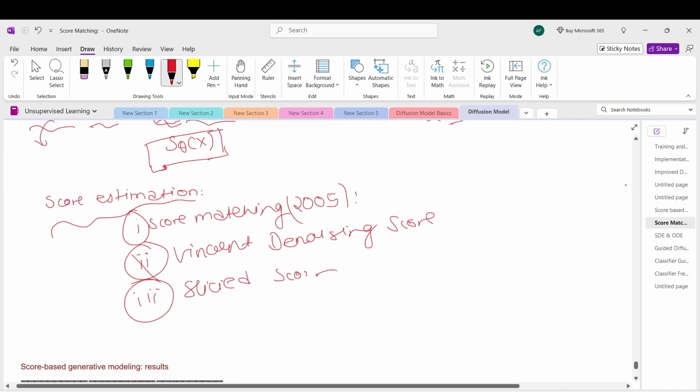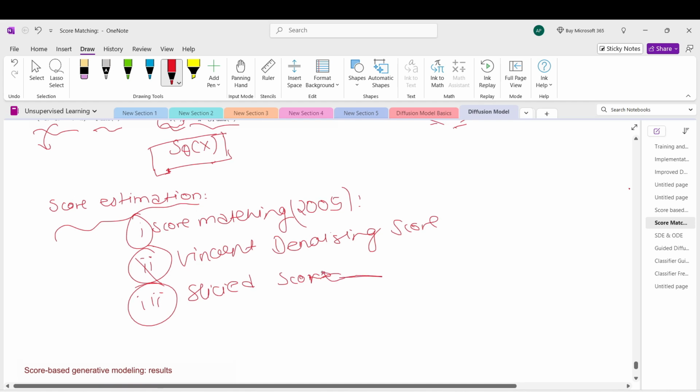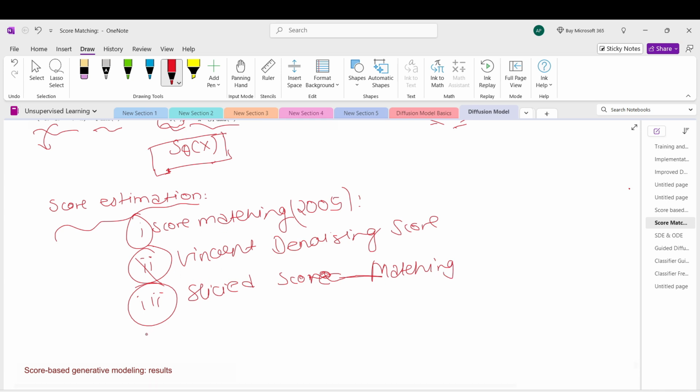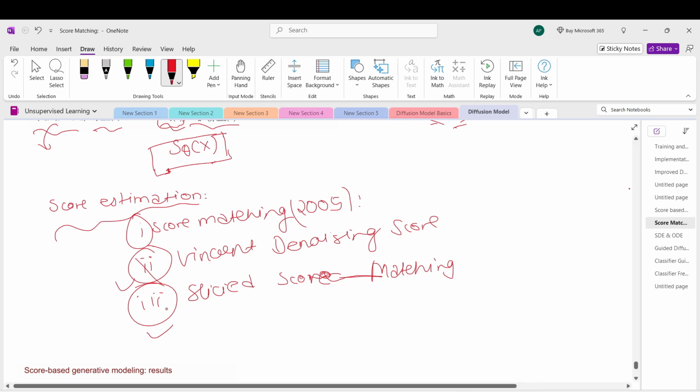We apply these techniques, sliced score matching, and we find that these approaches work better. Once we find the score, this quantity, the gradient of log p of x, using these approaches, we can employ Langevin sampling. So for the Langevin sampling,